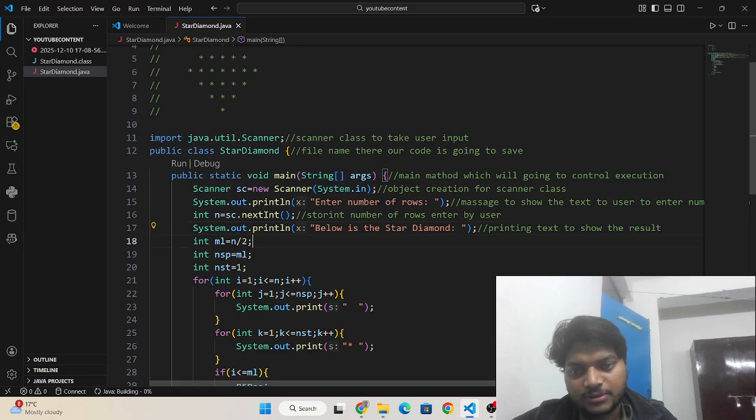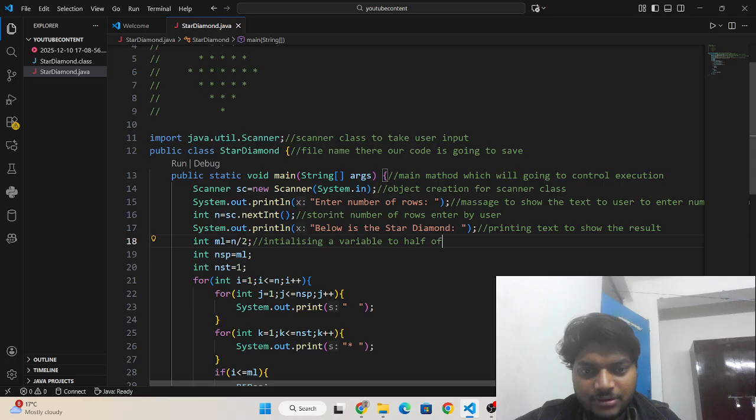Okay, this is the calculation, initializing a variable to half of the number of rows, the middle line. Okay, half of the number of rows.